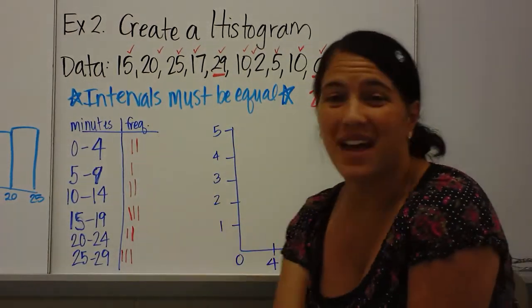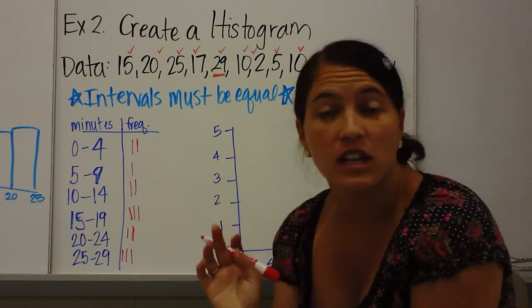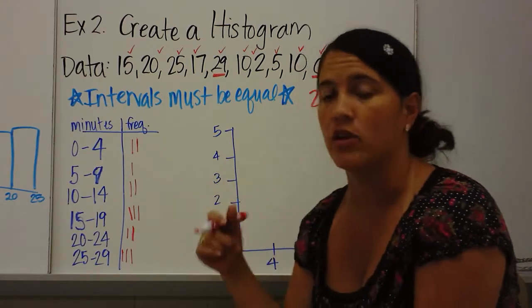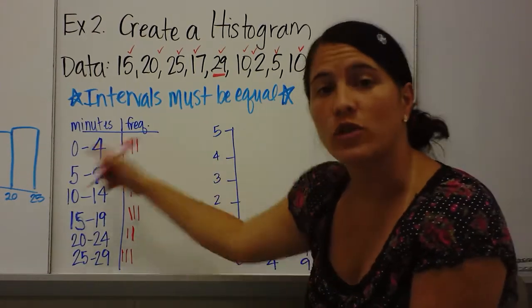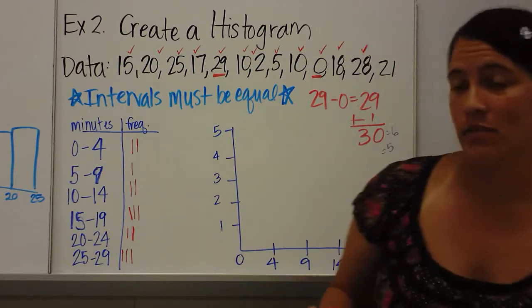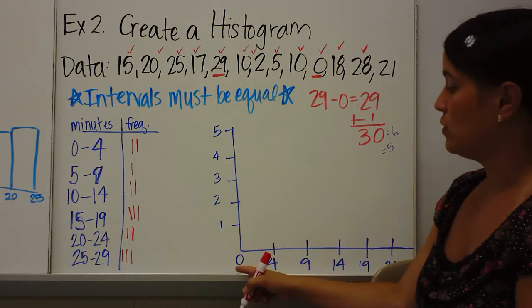So I've just made tally marks. I didn't really do anything big and fancy. I just did tally marks, and now I have the frequency. Once you have your frequency, you can make a histogram. So in my first interval,